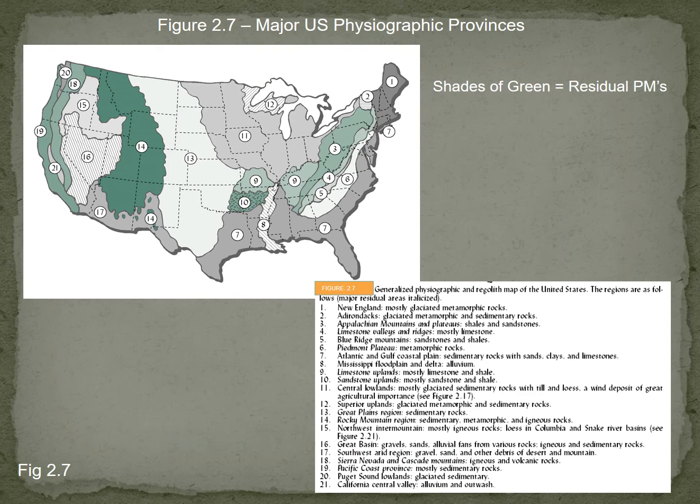These are all of the major parent materials that are residual shown across the United States in terms of physiographic provinces. You can see how the Appalachian Mountain Range has its own province. The coastal areas have their own provinces. There's various belts, the Great Plains, for example, etc. And what are the various major parent materials involved there? I'm never going to ask you these questions, just kind of a cool thing to see and know and understand.